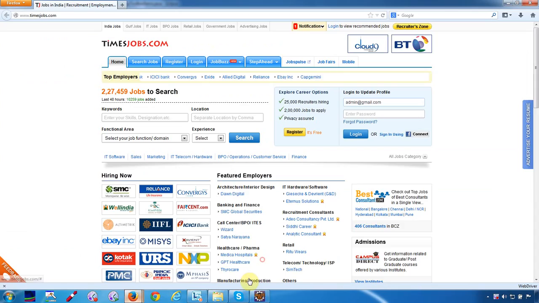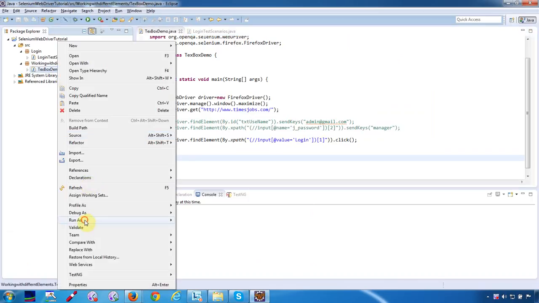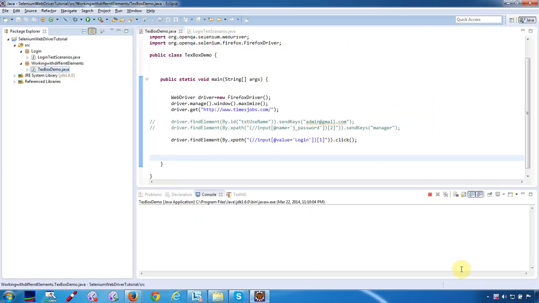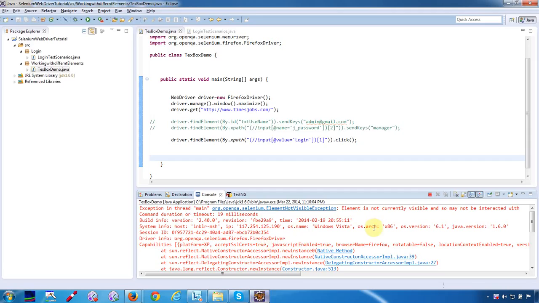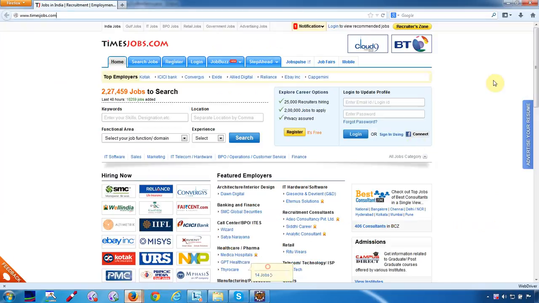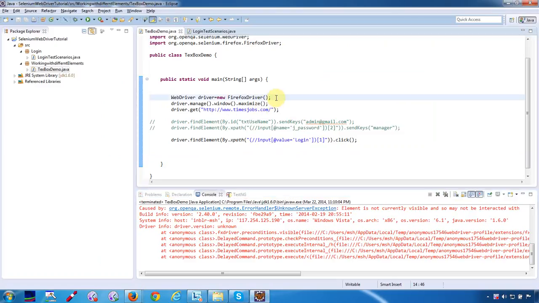Okay, so close this, run. Okay, still it is not clicking on this button. Okay, still element not visible exception. Let's see. For this I have a solution. First let me close this. I'm suspecting because of the page load delay. So what we can do, after the browser is created and maximized,